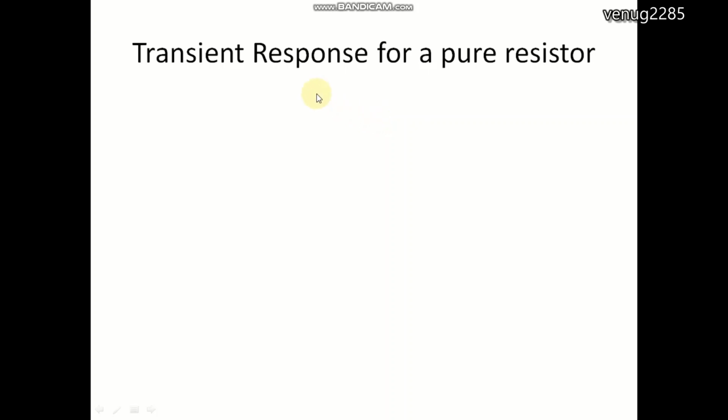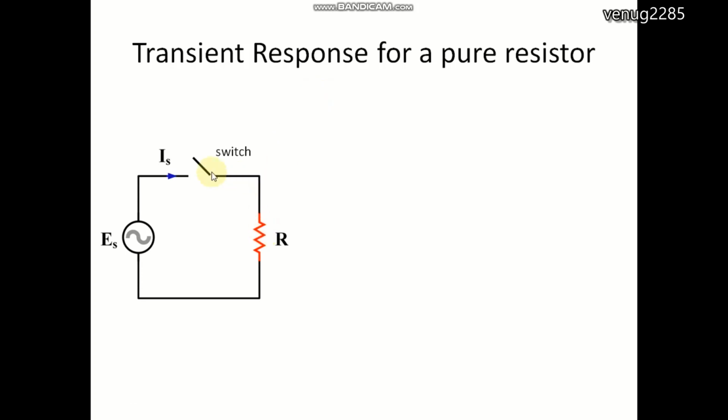Let us see the transient response for a pure resistor. For example, if we connect a resistor to a supply through a switch, and we have to draw the current waveform, in the x-axis we have the time scale, and in the y-axis we have the current scale. When you switch on,